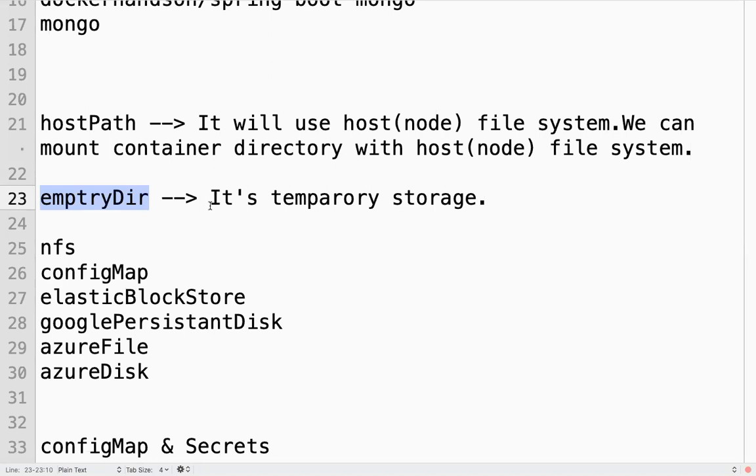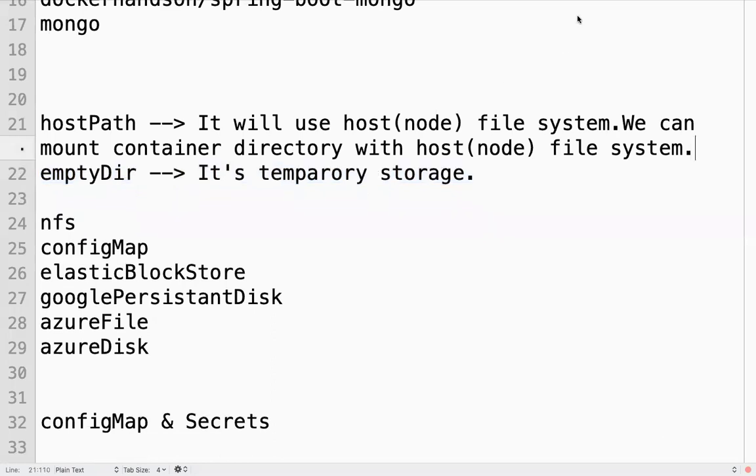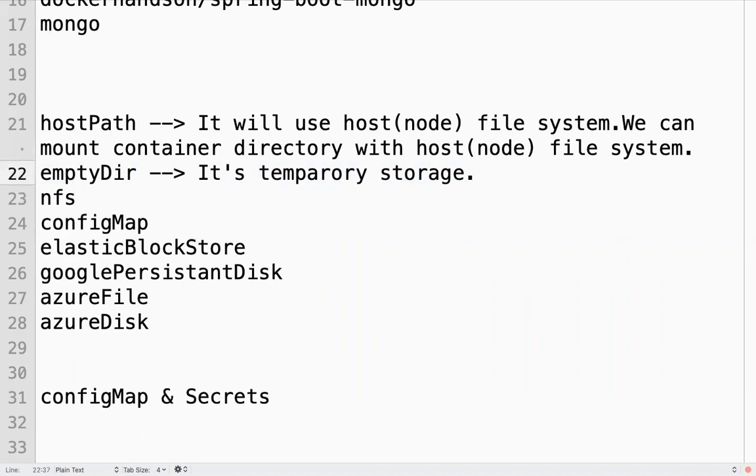But once your pod is deleted, you will not have the data. It will use some temporary storage. So we will not use this emptyDir for our requirement. In the interview, they ask what is emptyDir. It's a temporary storage, some kind of temp directory within the server. It will be lost once your pod is rescheduled.